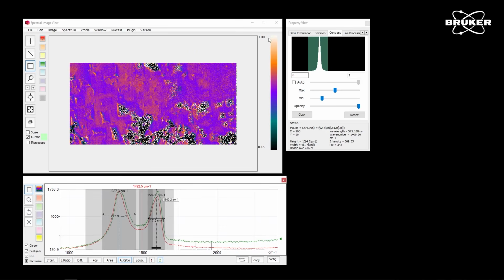Depending on your application, you want to have a certain crystallinity, and with this fast imaging technology, you can cover larger areas to see how homogeneously your annealing process worked and what is the ending crystallinity of your sample. So in the end, we can say that there are slight differences, but overall they are not very significant. So we don't have highlights with high and other highlights with low crystallinity. So overall, the production of this graphite was successful.